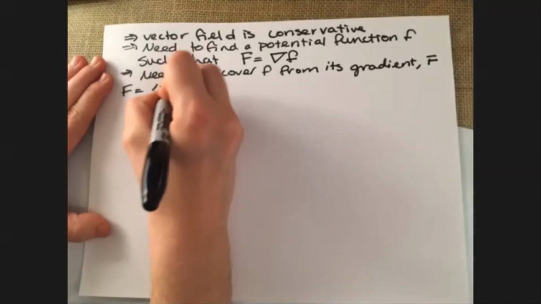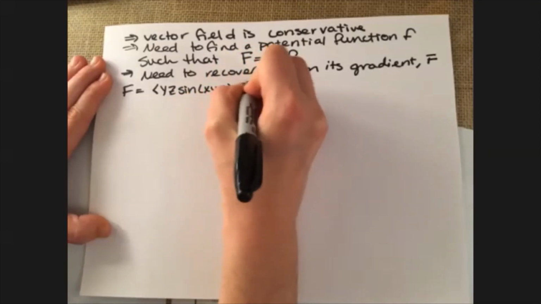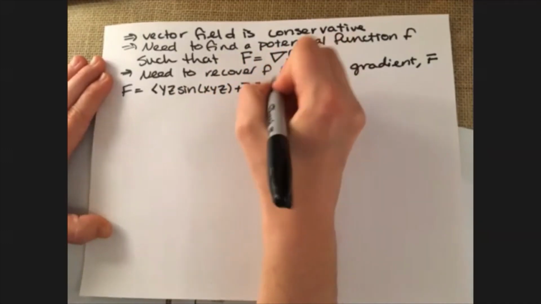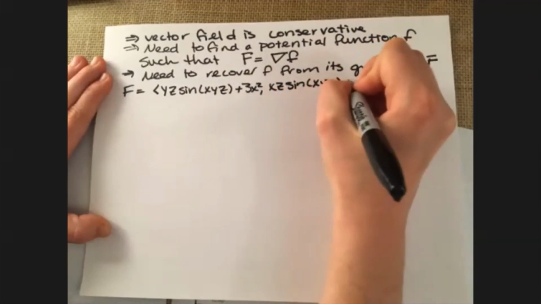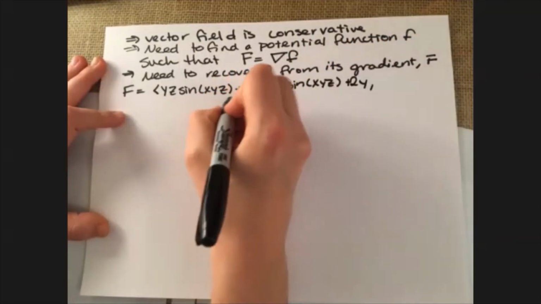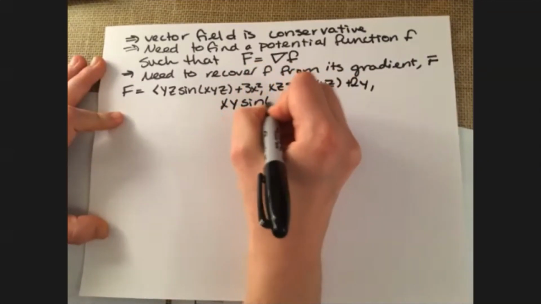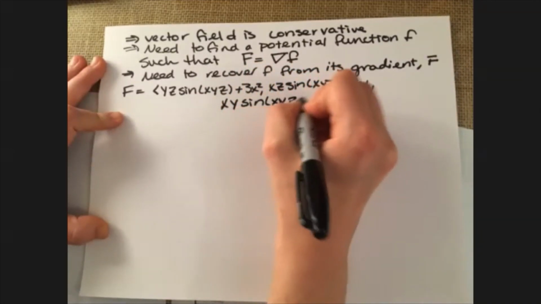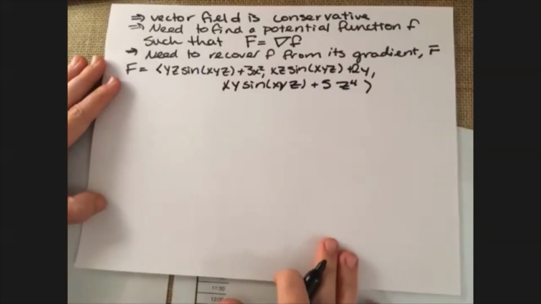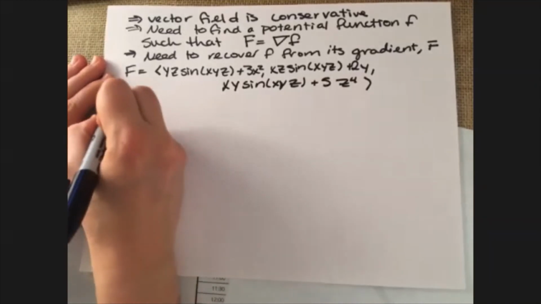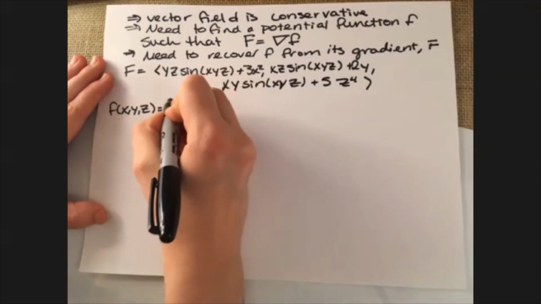It's yz sine of xyz plus 3x squared, xz sine of xyz plus 2y, and then my final component is xy sine of xyz plus 5z to the 4th, just like so. Okay, so the function that I'm looking for, f of x y z, has to be equal to somehow the